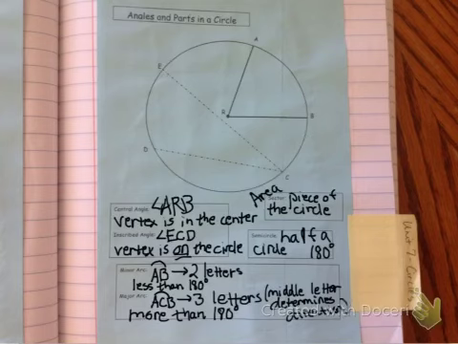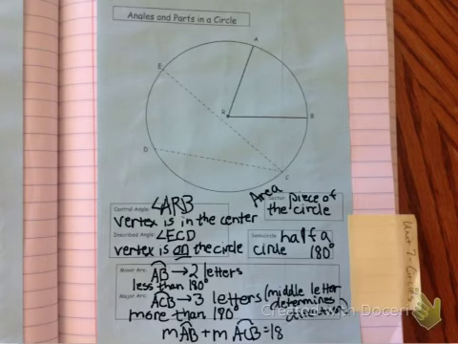Just as a side note, go ahead and write down at the very bottom of your page that in this case, the minor arc, which was AB, and the way we say that is measure of arc AB plus the measure of arc ACB, those ended up being 180 degrees. So just make a note of that at the bottom. We'll get into that more